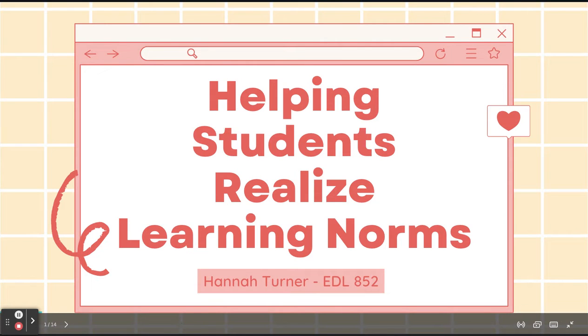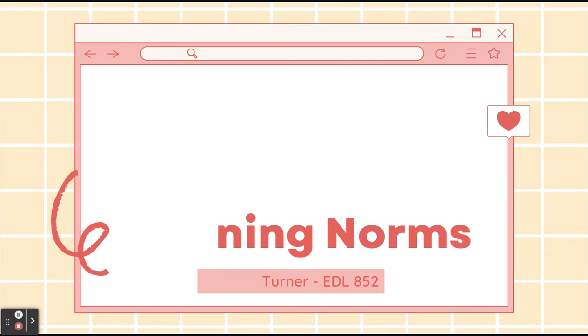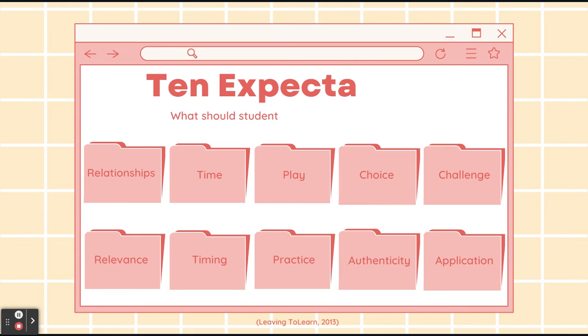This is EDL 852, Module 10, helping students realize their learning norms. The 10 expectations that students should have from their school include relationships, relevance, time, timing, play, practice, choice, authenticity, challenge,